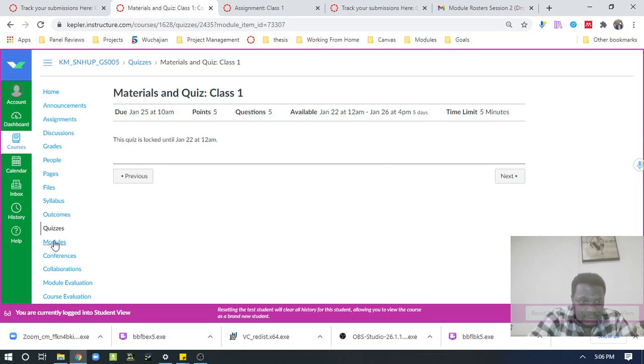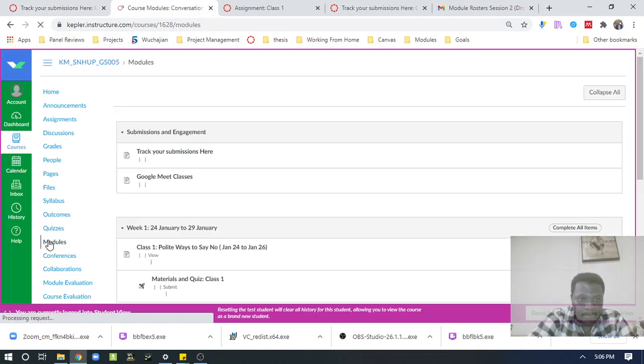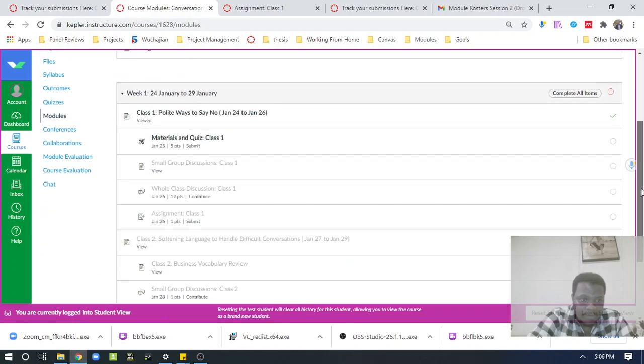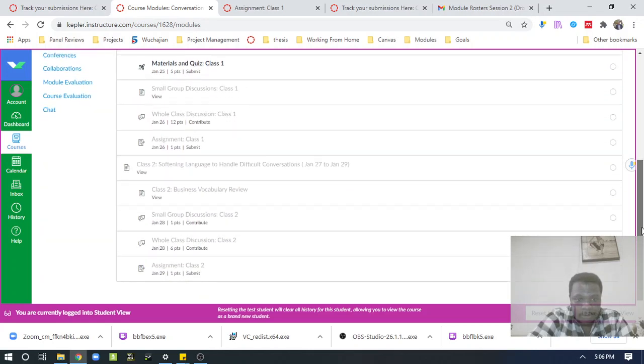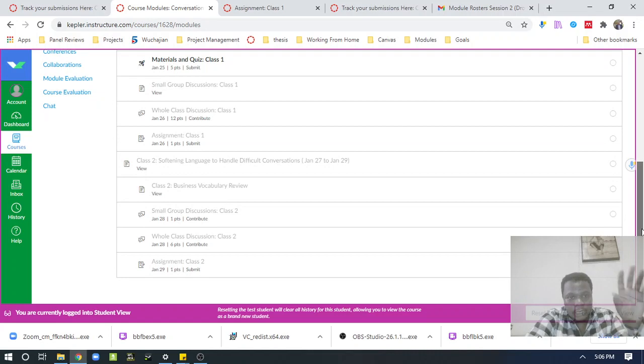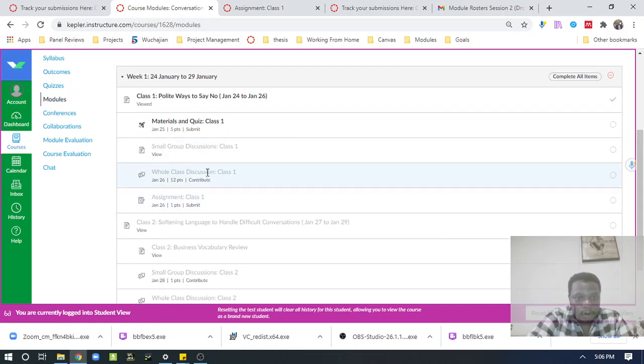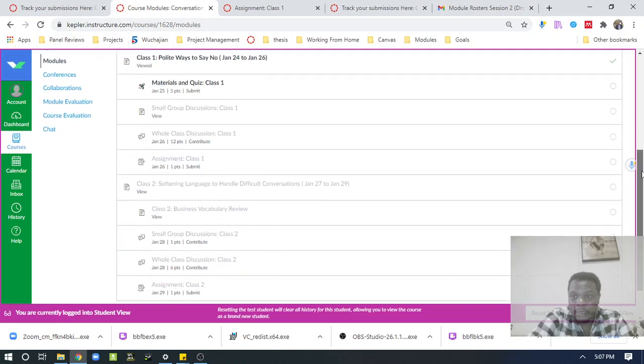Basically, that's how the module is set. You need to systematically go through each and every module. Where you have contributed, it means there's a discussion board you need to contribute to, otherwise the following activity won't be active. So this is how the class is set.